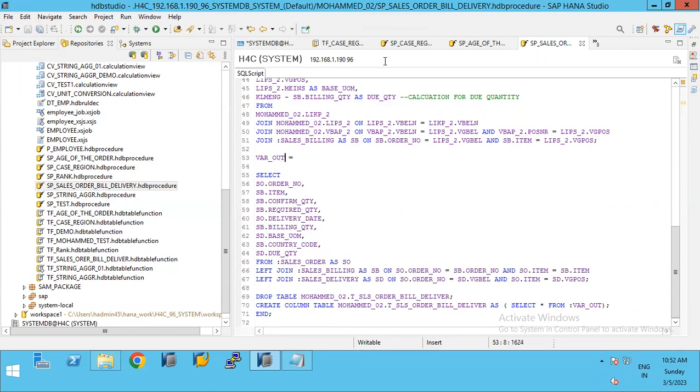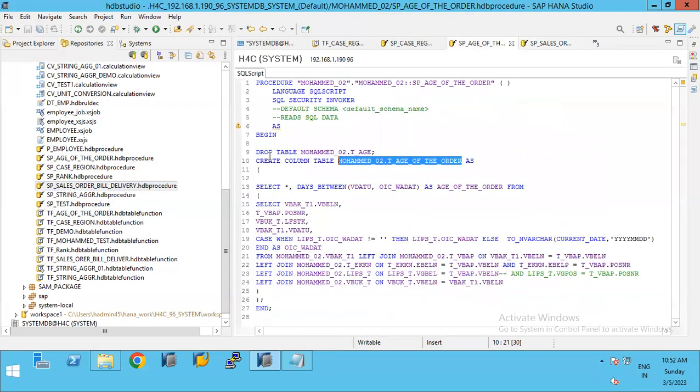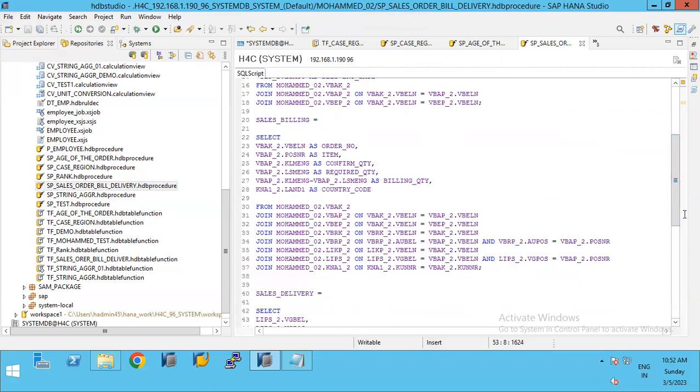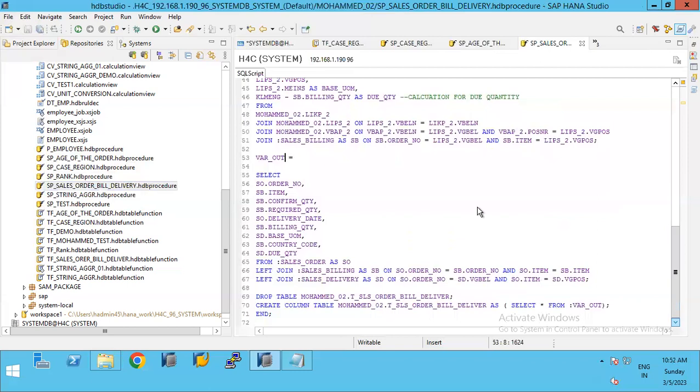In the earlier examples, there was no concept of variables, simply creating the buffer table. But in real time, mostly you will come across this, where you have different logics for different tabs or different variables. You can achieve this by creating several variables, and at the end you need to create a final where out variable in which you write down all the fields required from each particular variable. You can make use of joins, and between all the variables you should have some common fields to join them. Okay,